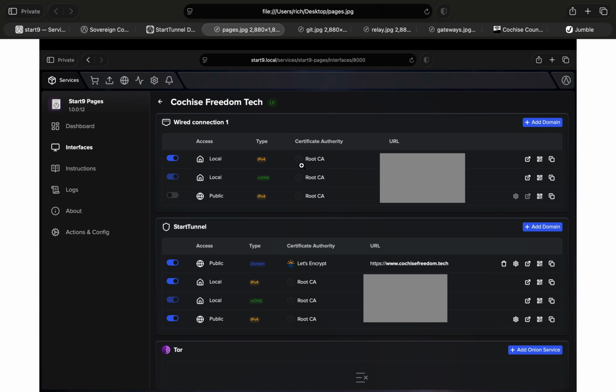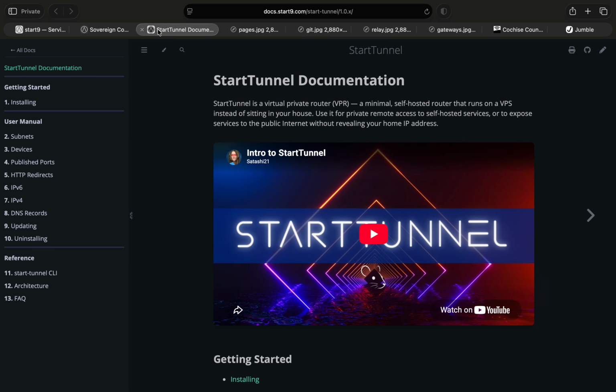You'll be able to access the site locally on something like start9.local and then a port, and so you can see your site there. If you want to expose it to the public, you can do that directly from your home IP address. That's not the most private solution because then everybody visiting the site will just see your personal IP address. So they actually have a solution for that, which is the StartTunnel